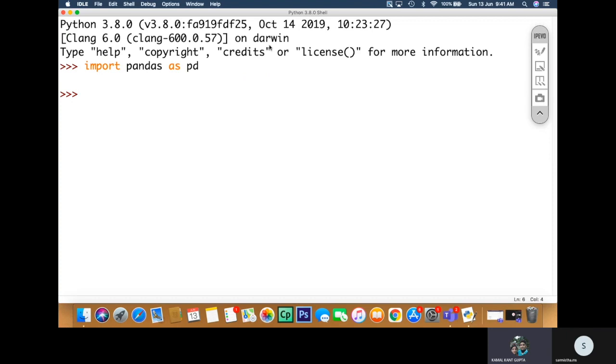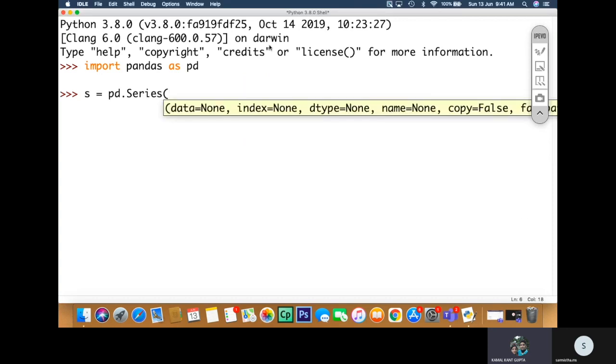So import pandas as PD, and after that I write S is equal to PD dot Series, and here I am going to pass. Now you see this IntelliSense box has come, informing you what needs to be passed and how many parameters it accepts.